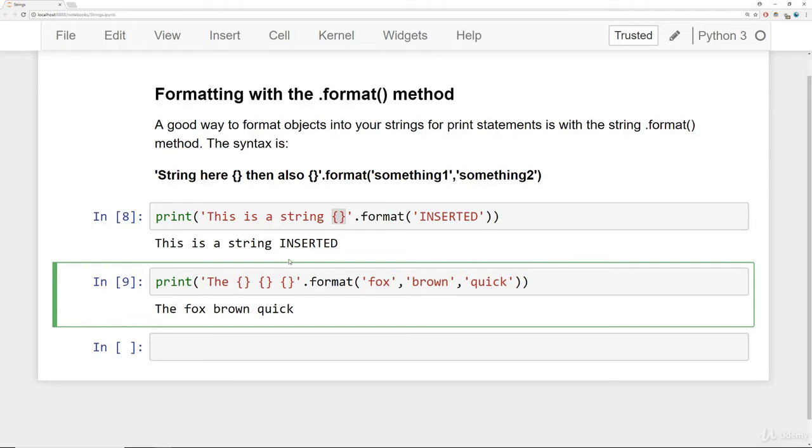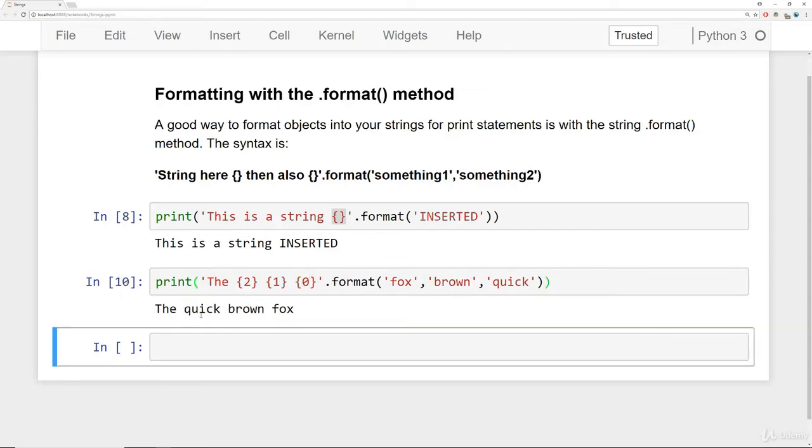What would be nice is if we actually have this make grammatical sense, which is going to be the quick brown fox. What we can do is based off the index position inside of this format call, I can supply those numbers in the order I want. So the very first word I want is actually quick. So this is at index position 2 because it's 0, 1, 2. So I'm going to say, okay, 2 goes first here. And then the next word I want is going to be brown. So that's at position 1, so 0, 1. And then the first word, fox, at index 0 here, is going to be the last one I want. And then when I run this, I get back the quick brown fox.